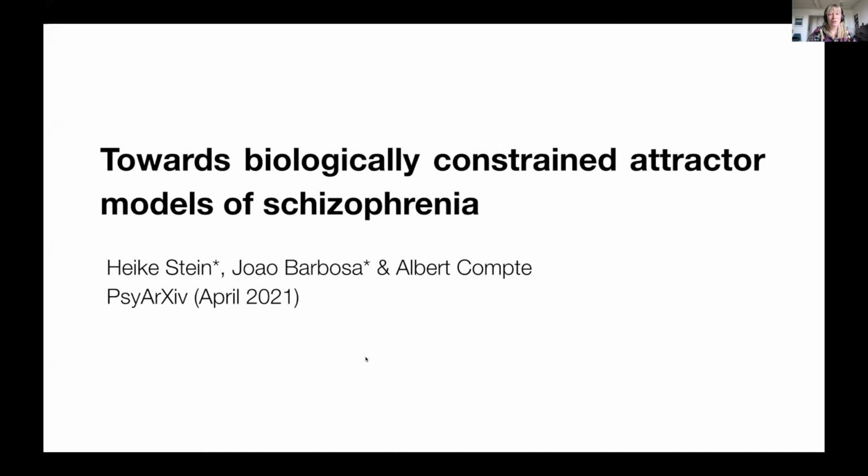All right, so this paper, as Philip has already said, is a review paper, which has a topic of schizophrenia, and we want to understand working memory in schizophrenia. And the method of choice that we use to understand working memory behavior is this class of attractor models that can model the tasks that we're using in patients. So this has been a work with Compte, who today is not talking, but he's been very important in this. So hi, Albert, if you're there.